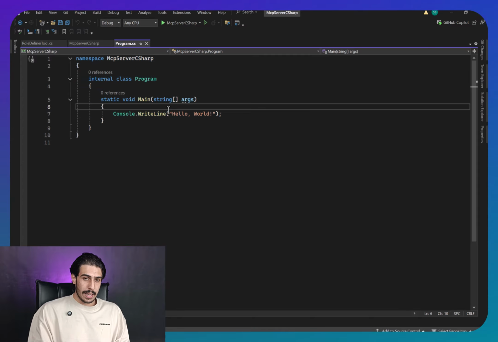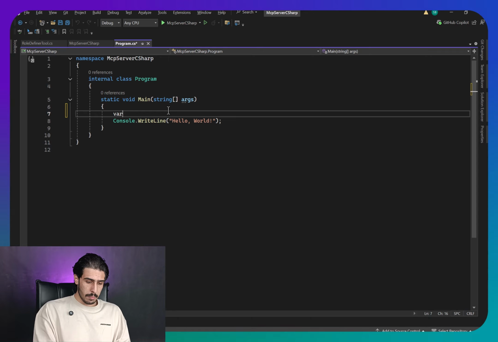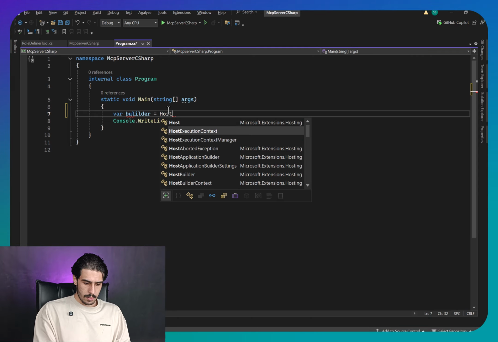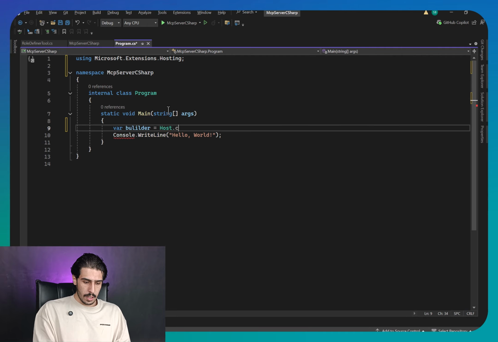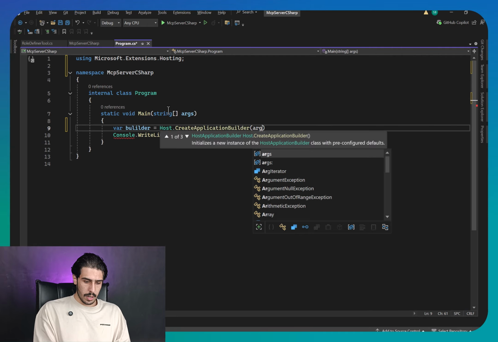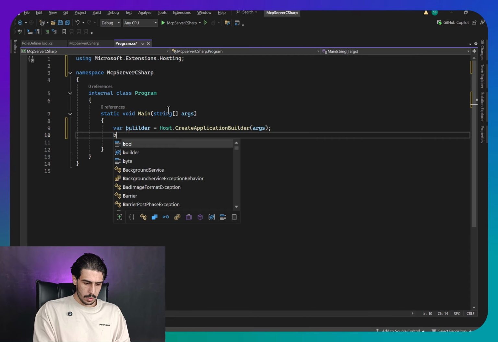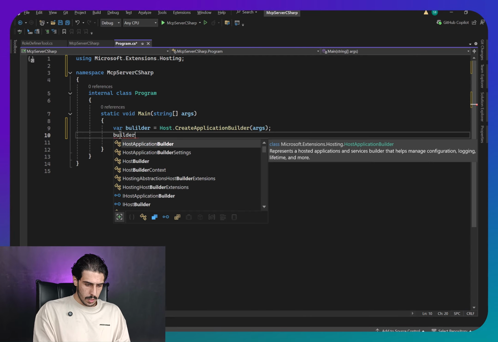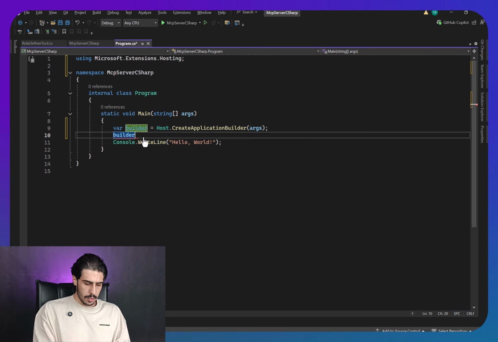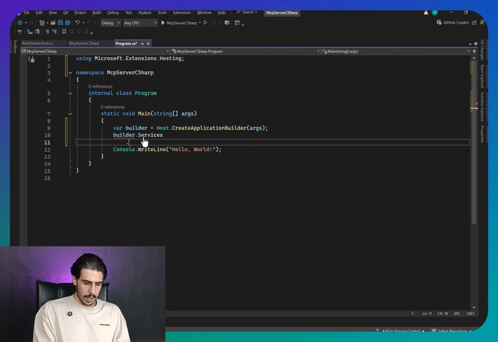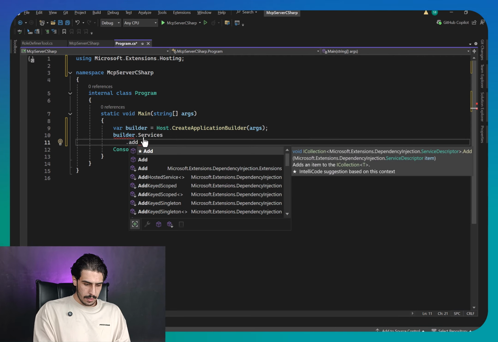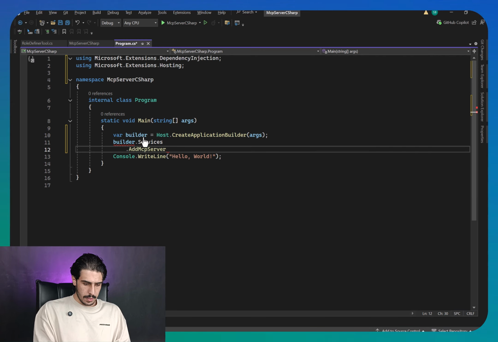Now I'm going to create a host for the project. I need my builder. I'm going to say var builder is Host.CreateApplicationBuilder. I'm going to pass args, and now I'm going to say builder. Oops, we have a typo here. .Services.AddMcpServer